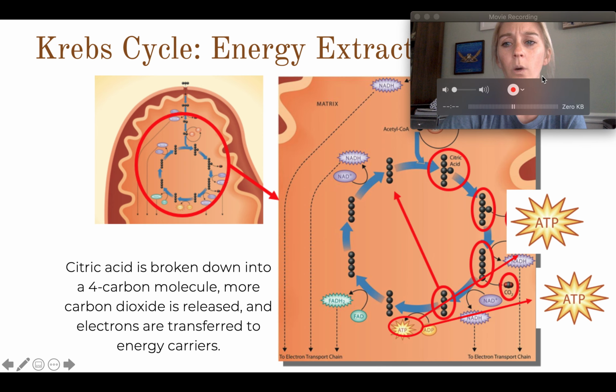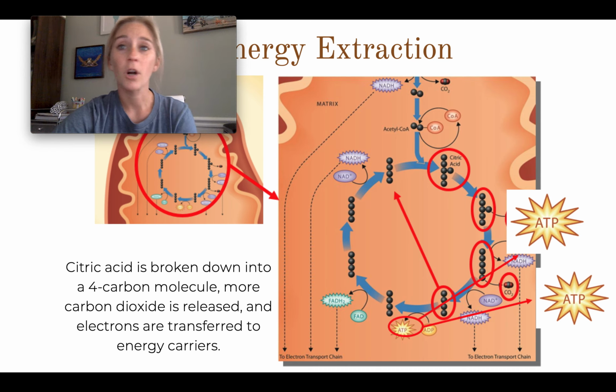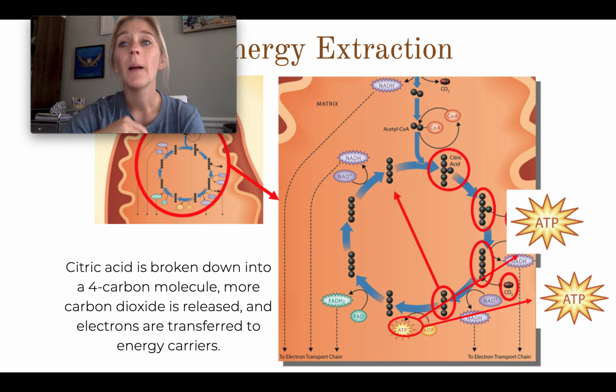So the first one we've already looked at a little bit. 1 carbon is removed and then another, and they are released as carbon dioxide, and so you end up with, down here, a 4 carbon molecule. This whole thing is referred to as a cycle because that 4 carbon molecule produced in this step is the same that's going to accept the acetyl-CoA in the first step, and the molecule needed to start the reaction is